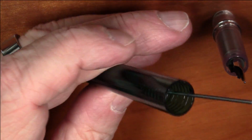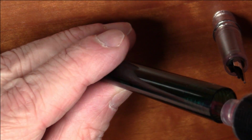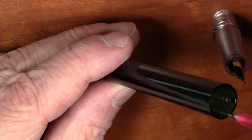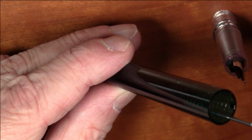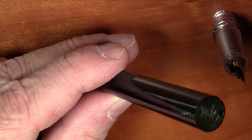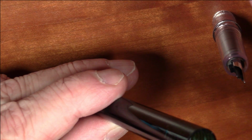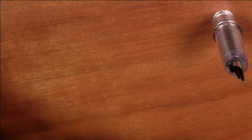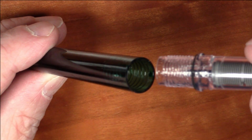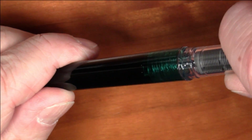And then you're simply going to fill up the barrel with ink, and you're going to do it until it comes to just below the threads on the section. And like I said, we have a little bit of excess ink, and I'm just going to simply squirt that right back in the bottle. No problem at all. Then we take our silicone greased and O-ringed section, and we simply screw it in until